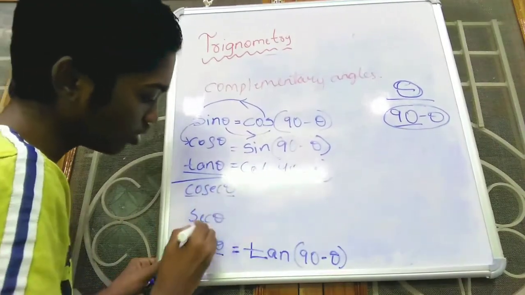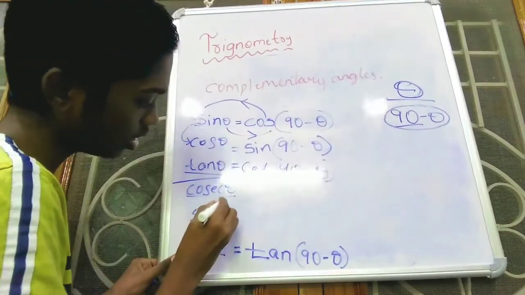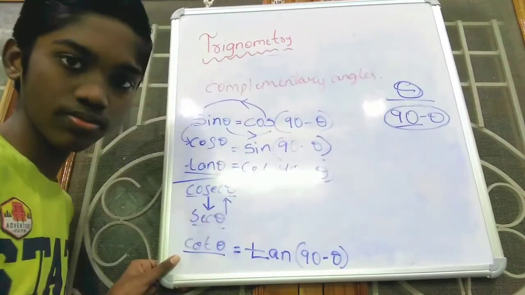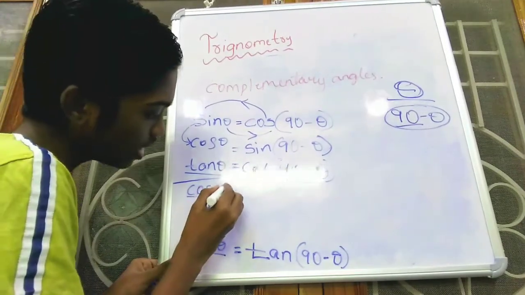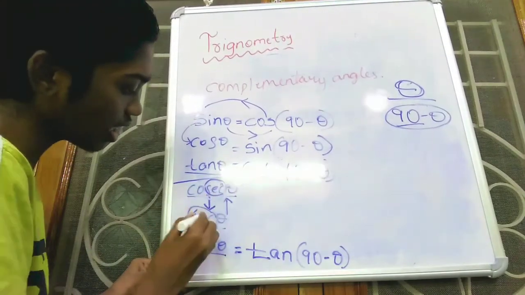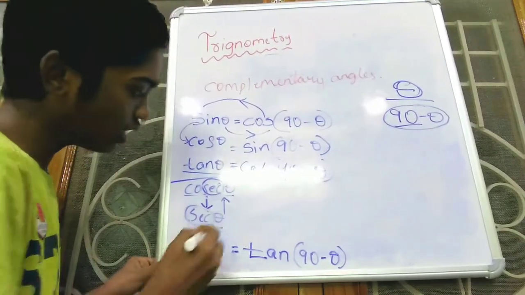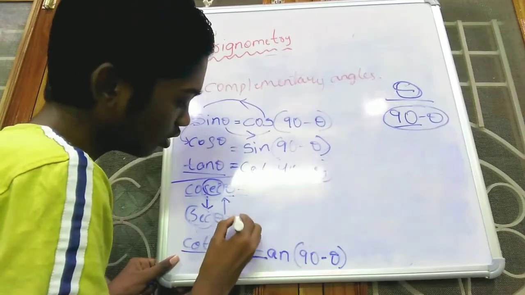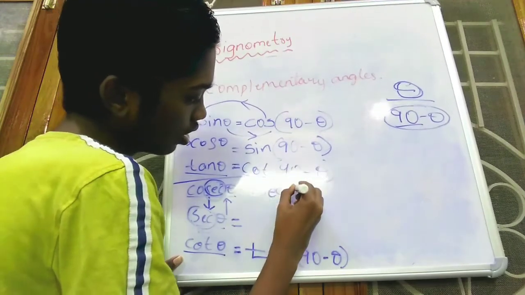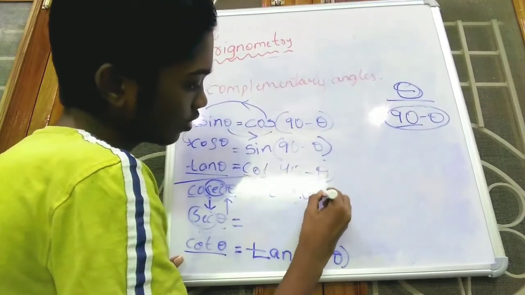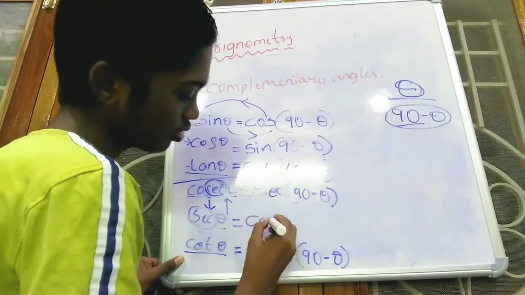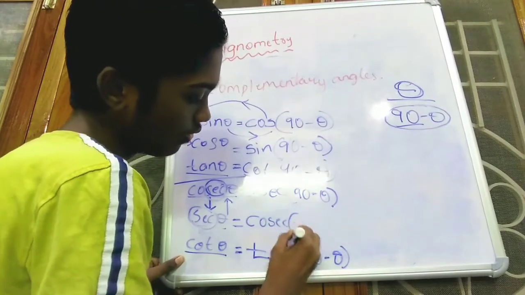And for the remaining two, we have to include sec theta in the formula of cosec theta, and we have to include cosec theta in the formula of sec. Which is very easy. Here there is one more trick. In this both, sec is the common. In cosec we are having sec and in sec we are having cosec. Which is a nice trick to remember. So cosec theta will be equal to sec of 90 minus theta. And sec theta equal to reverse, cosec of 90 minus theta.